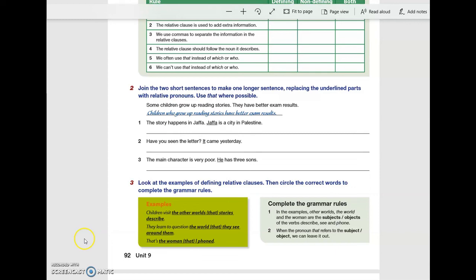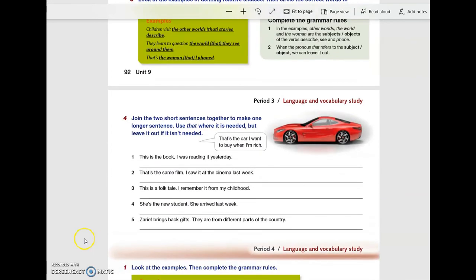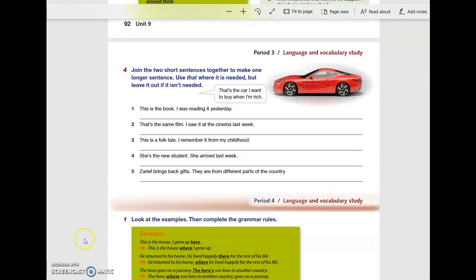Okay? Yes. Let's move to activity number 4. Join the 2 short sentences together to make one longer sentence. Use that where it is needed. Where can you use that? Don't forget, in the defining relative clause. But leave it out, cross it out, delete it if it isn't needed. Look at the example. That's the car I want to buy when I am